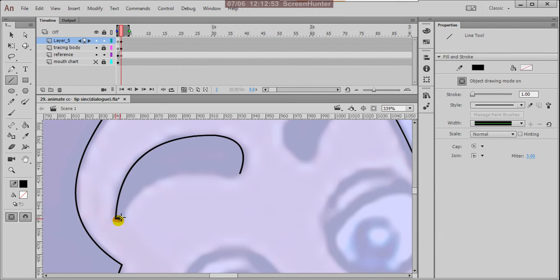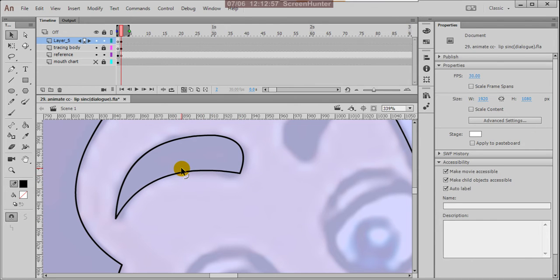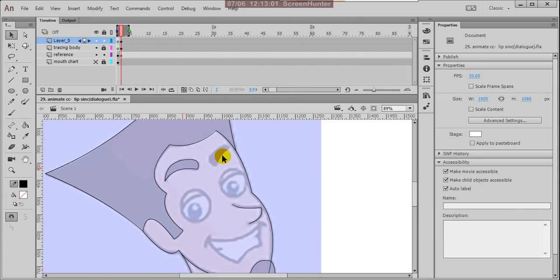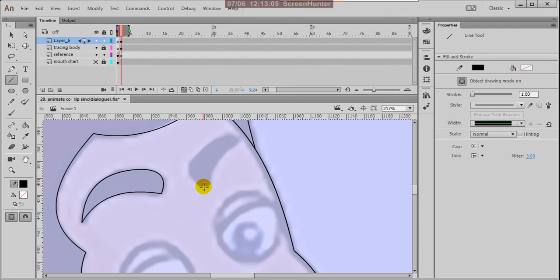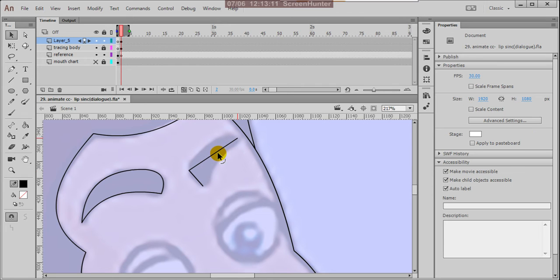And N again, so again give V and give the shape. Perfect. And this side also I'm giving N. Okay, and use selection tool V for shape.